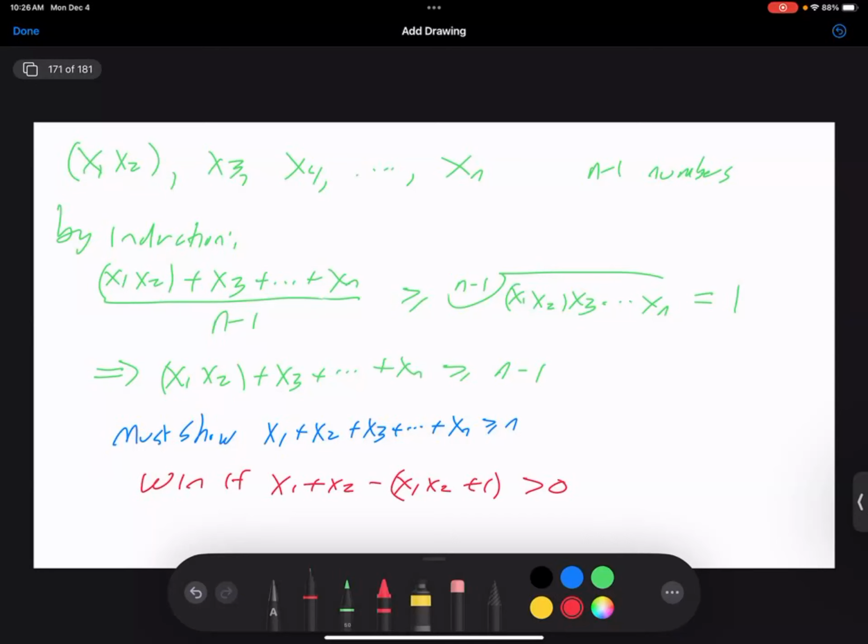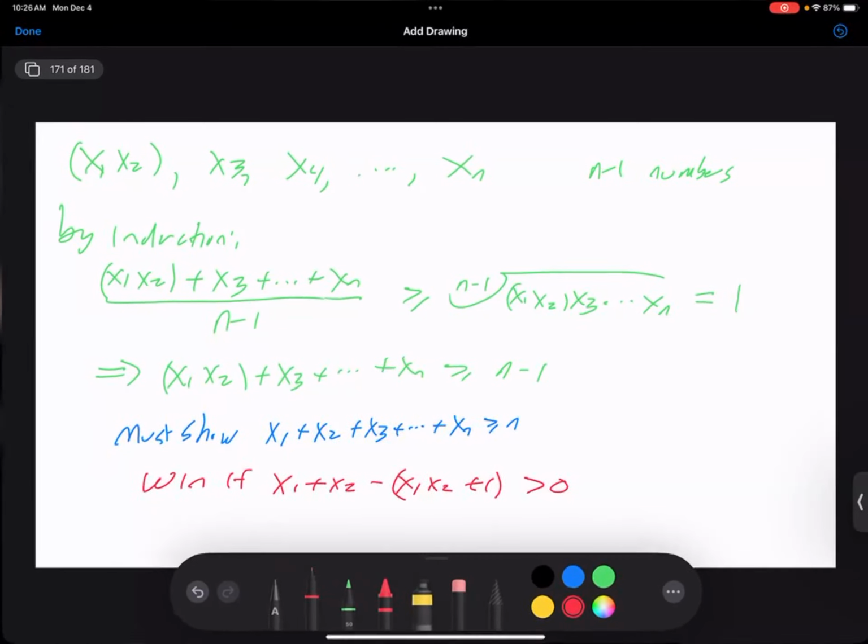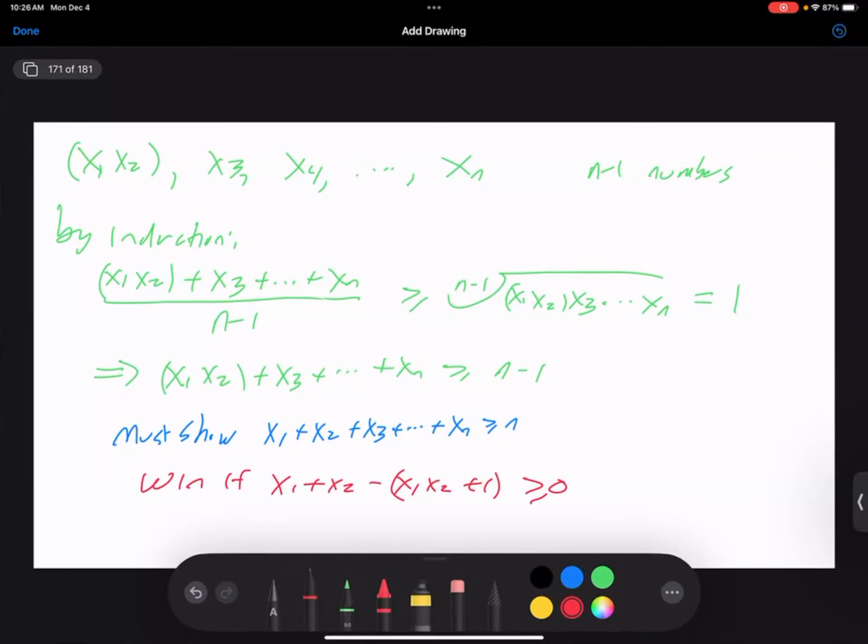If you subtract, the x3 through the xn's cancel, so you get x1 plus x2 minus this is greater than or equal to a plus 1. So we move this over. And so if we can show that x1 plus x2 is greater than or equal to x1 x2 plus 1,